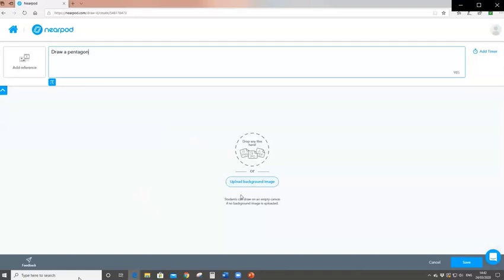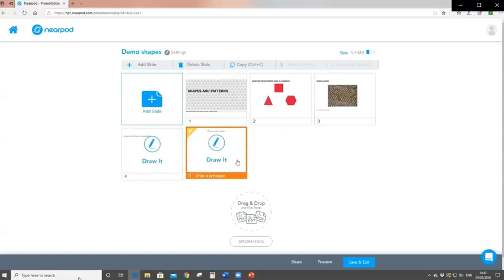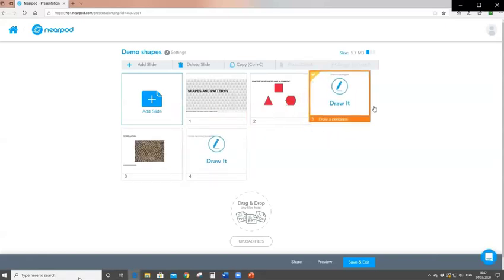So you upload a background. If you don't upload a background, it just gives you an empty screen. So that's what I'm going to do, give you an empty screen. And you can see I've got 2 draw-its now, and I could move that anywhere by dragging and dropping it